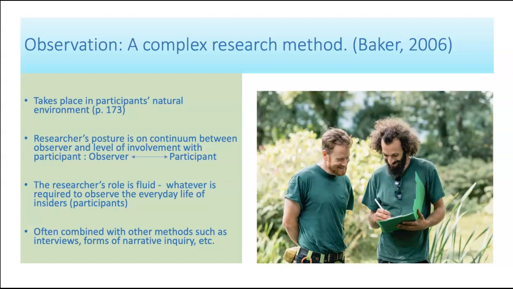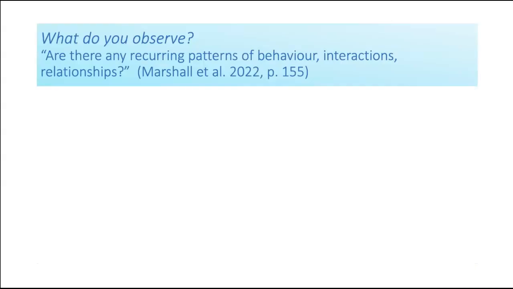So, for example, in addition to observation, a researcher may choose to include interviews, storytelling, arts-based inquiry, narrative inquiry, and/or other research approaches to enhance findings revealed by observations. And conversely, observations could be added to any of those primary ways of gathering data as well. One of the first things the observational researcher may be interested in are recurring patterns of behavior, interactions, or relationships.